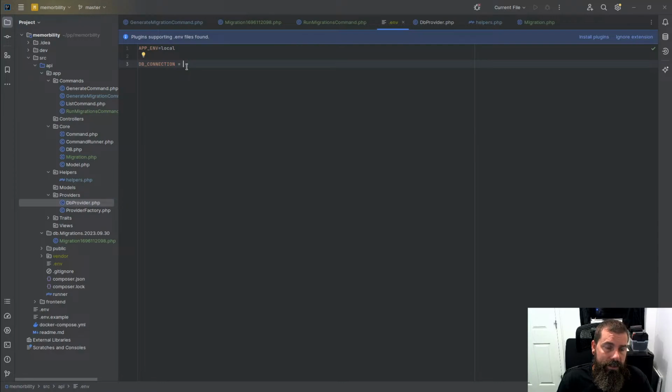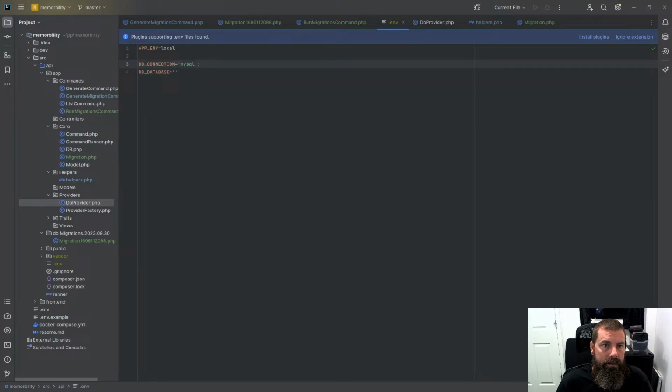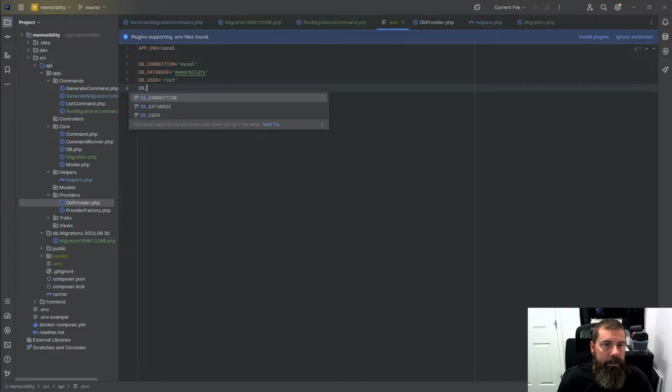Well, cool. DB connection. We could do other ones besides MySQL. For now, yeah, let's just keep it like this. MySQL, DB name, DB database. What do I call it? Memorability. And there's no, this is a YAML file, Curtis. DB user, root, DB password,